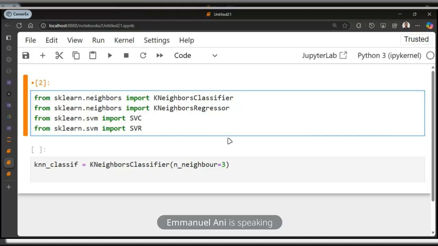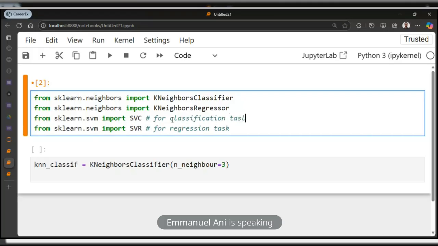Okay, so SVR and SVC, they are still support vector machine, but the concept differs, right? The one I just explained now is for classification task. The regression task follows a different approach, which I'm not going to explain in this class because it's not just SVM we are doing. We have other algorithms to look at. So we're just going to see how to implement. This is for regression task, and this is for